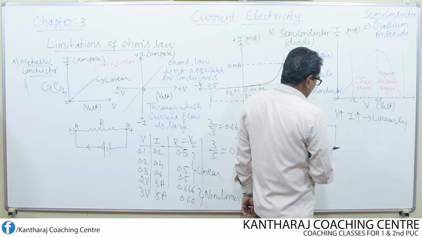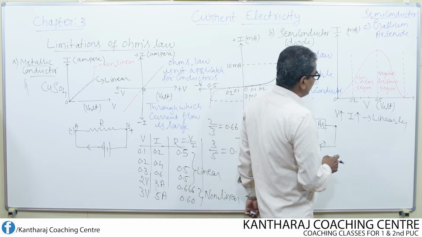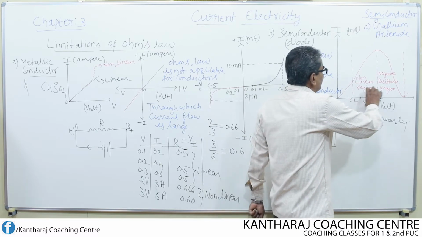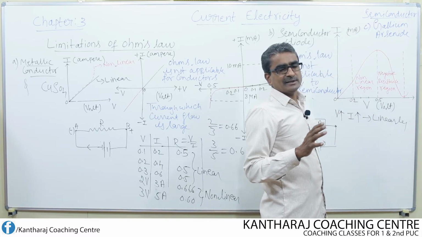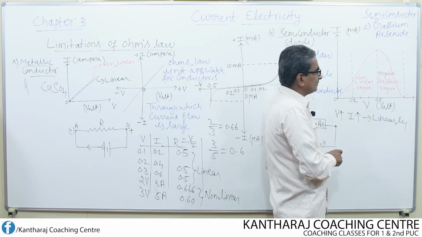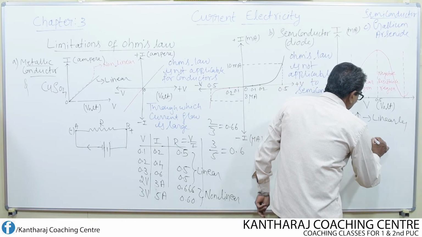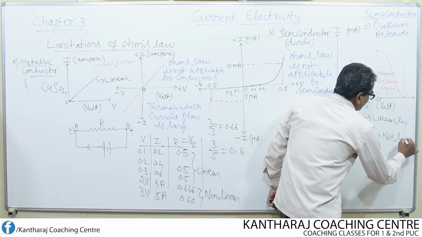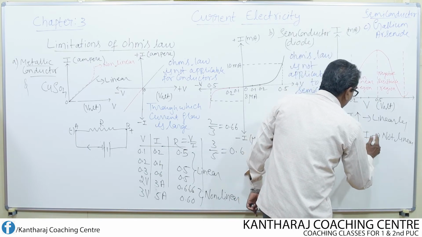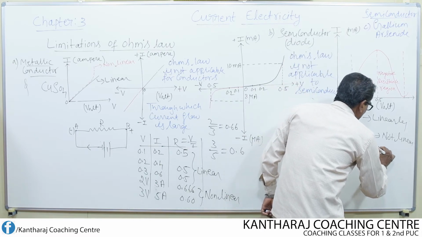Then if I increase the voltage further, if I increase the potential difference applied to this gallium arsenide up to 0.5 volt, see these are all nothing but numerical values which are given randomly, just once again to make you understand. See, right from 0.2 volt to 0.5 volt, the variation of V with I is not linear. From where to where? From 0.2 to 0.5 according to this figure, according to the value which we have chosen. 0.2 volt to 0.5 volt.